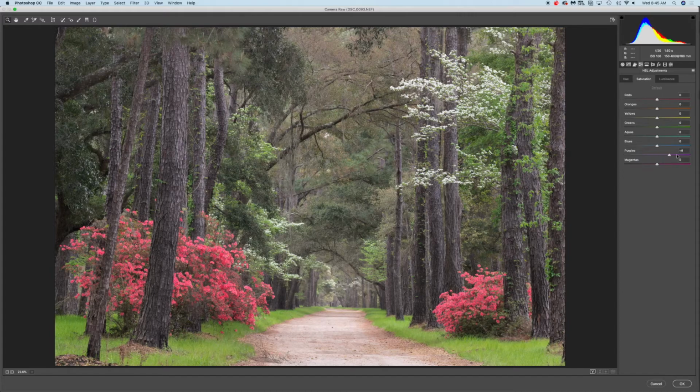I'm going to crank it up just so you can see where the purple is, and make sure that's the slider that I want to be using. As you can see, anything that's purple within the image, because I cranked it up to 100%, is going to be affected. You can see that it's nothing but the trunks. You can see they absolutely have some purple in them. If I bring it down, purple goes away. Now, naturally, there must be a tinge of it in there. That's the reason that